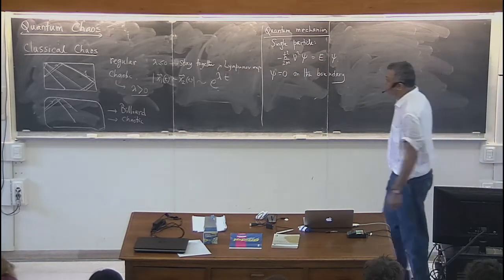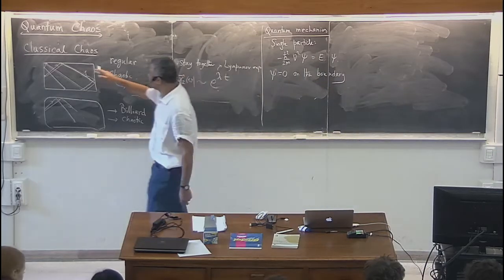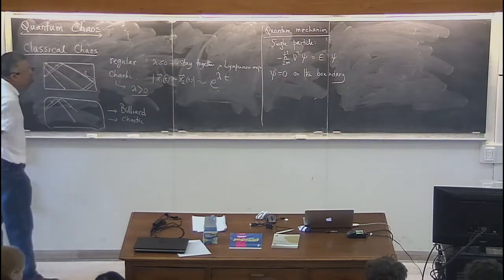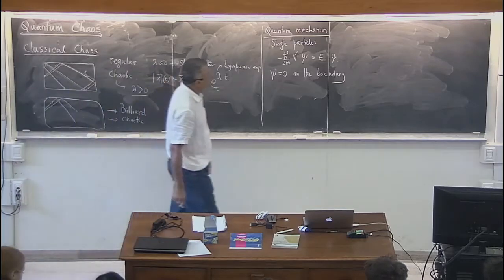If you do it for the rectangle, we all know how to solve this Schrodinger equation, and you will find some spectrum,